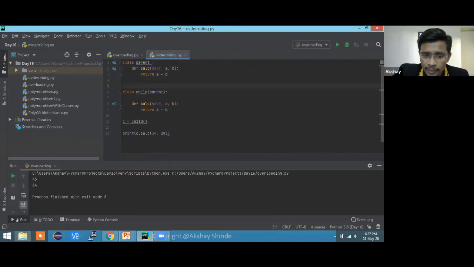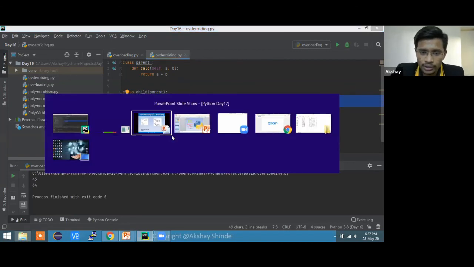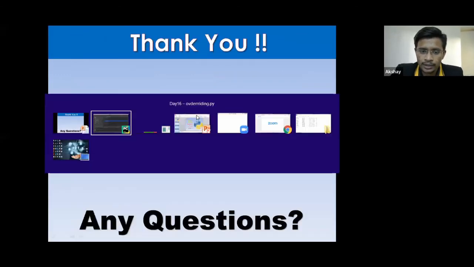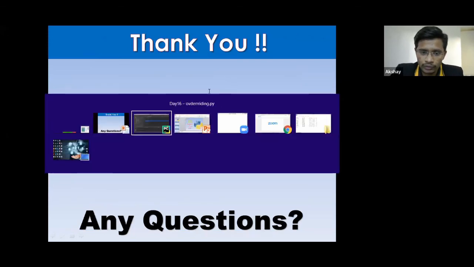It means the calculator function from the parent is overridden by the calculator function from our child class. So that is what overriding is all about.